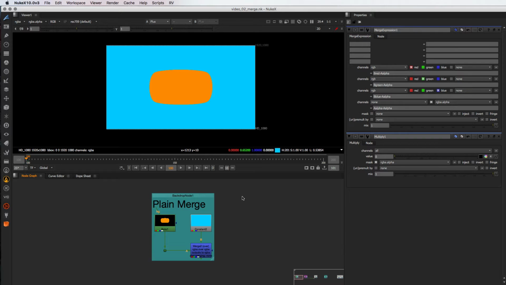Let's start with the most basic of compositing operations, the merge node. After all, the word compositing has its root in the word composite, meaning made up of various parts or elements. The merge node does exactly that, bring two elements together to form a combined new element. The standard merge node does this with an over operation, which, as the name says, puts image A over image